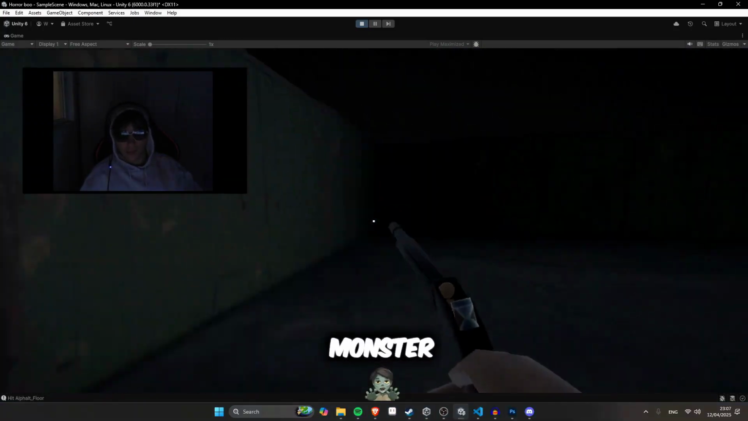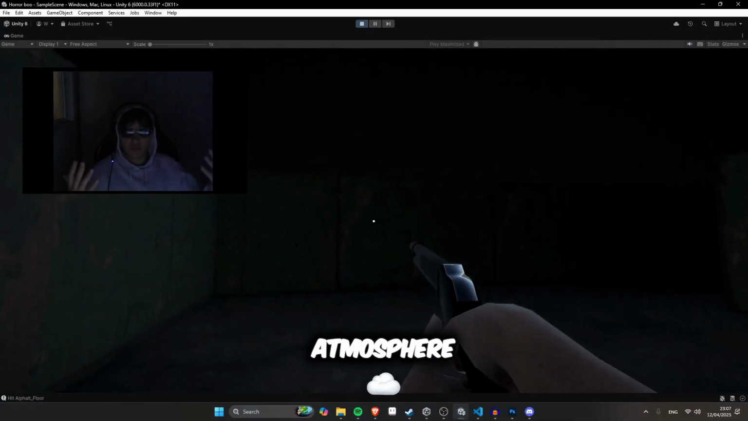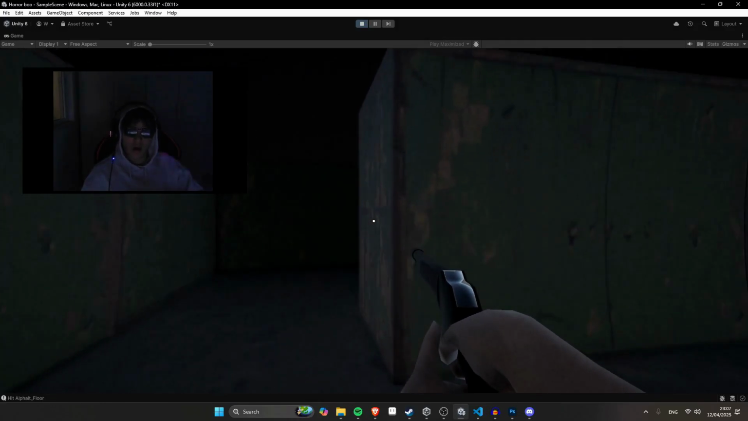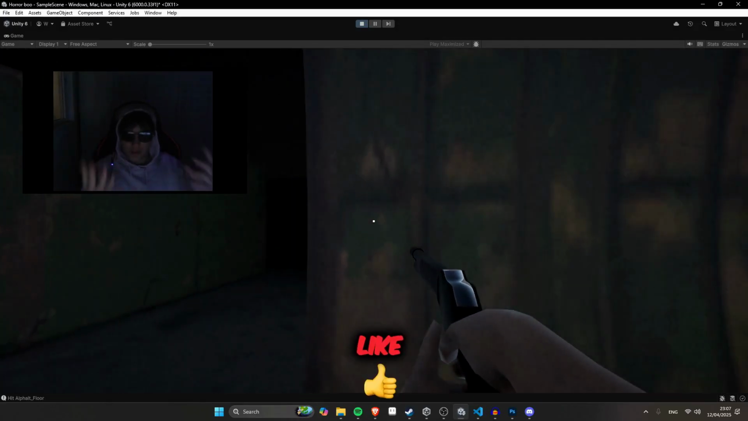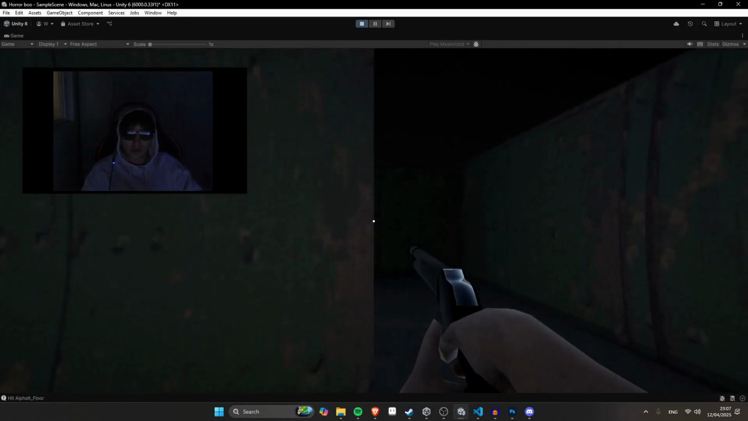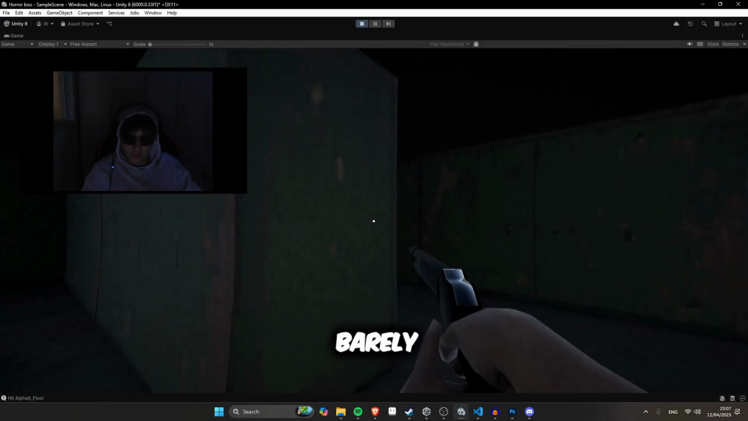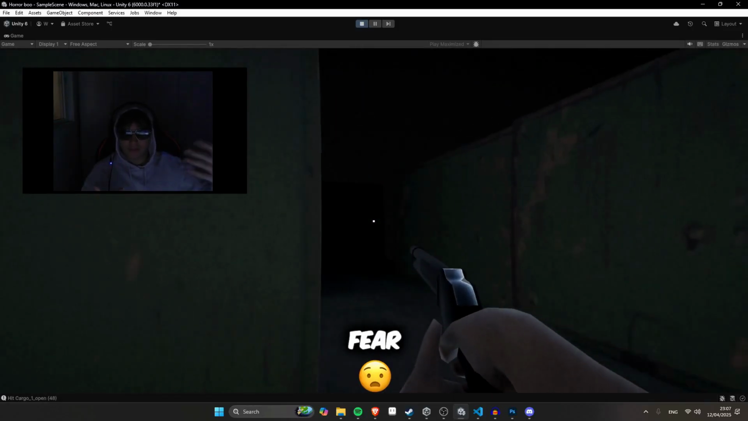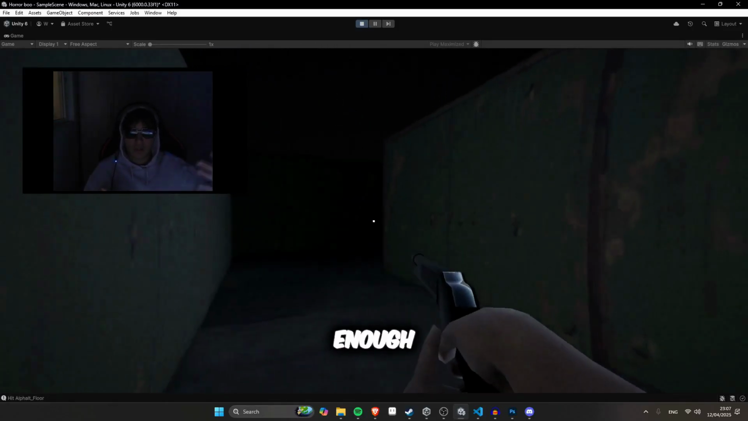So I still didn't add the monster, but I wanted to create an atmosphere that will scare the player. Scary sound, background sound. I wanted to create a scary atmosphere, which means a lot of fog. Just everything is black, you barely can see. Even if there is no monster, the fear of the unknown will be enough to scare you